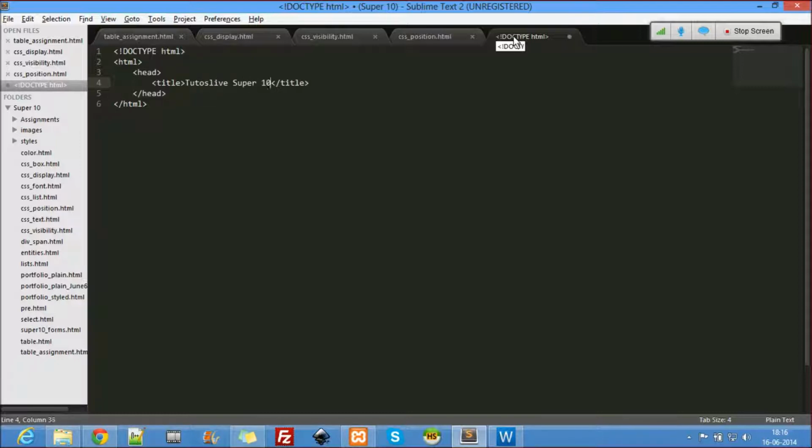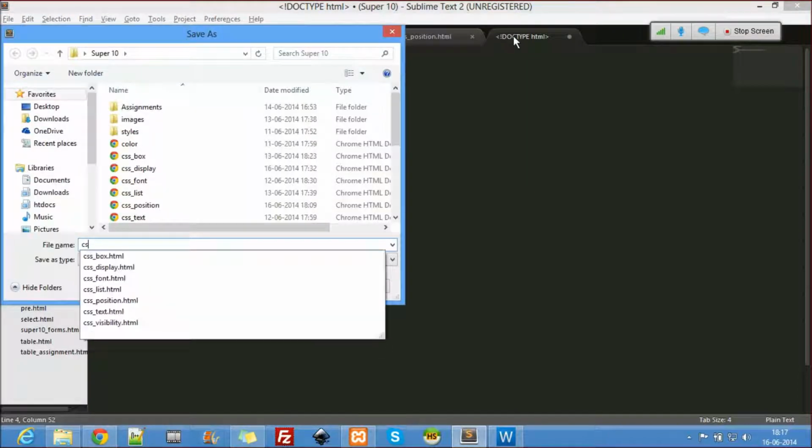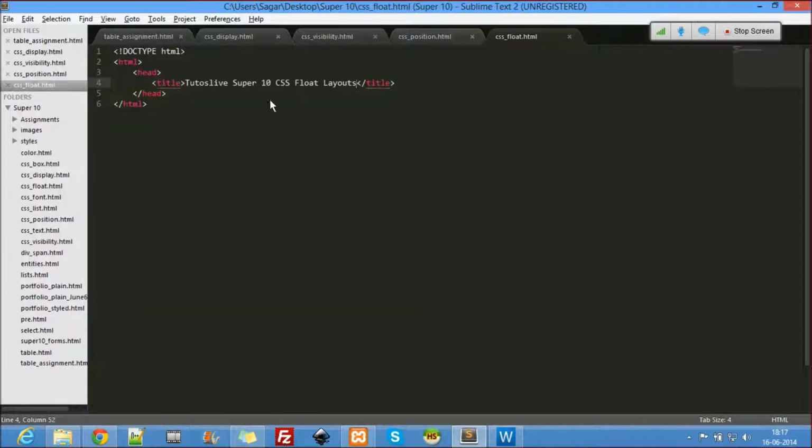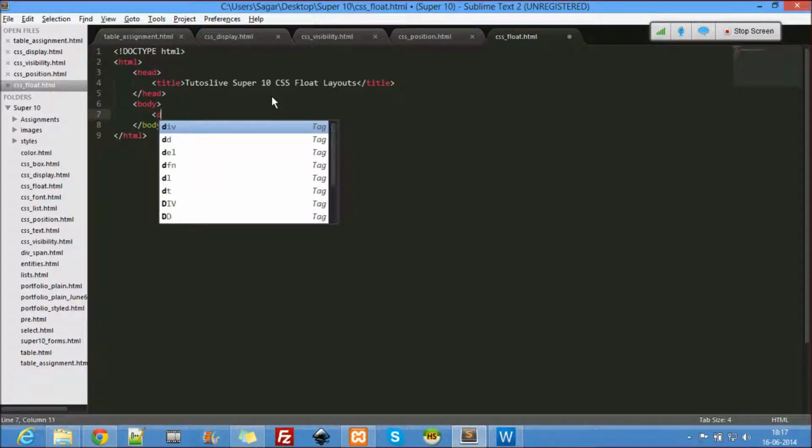Tutors Live, Super 10, CSS, float, layouts. So css_float.html. So here in the body, let's use a div.